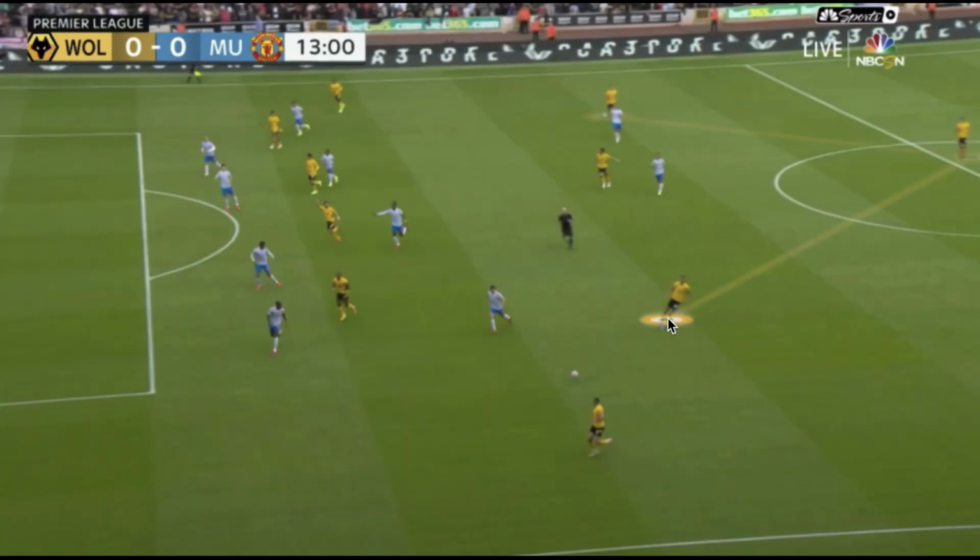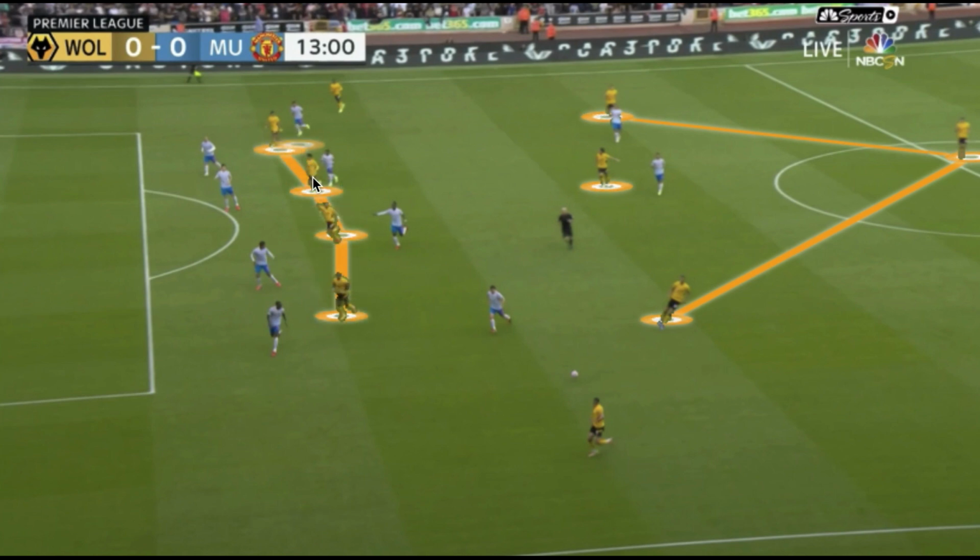When Wolves were able to progress the ball with their central defender being more aggressive and pin Manchester United into their 4-4-2 low block, we saw Ruben Neves, being the lone holding midfielder, look to collect second balls and shield his defenders against the transition, and they have heavy occupation between the lines, varying runners to then get inside the box. The players favor this positioning off the defenders to then get good momentum going forward, and what